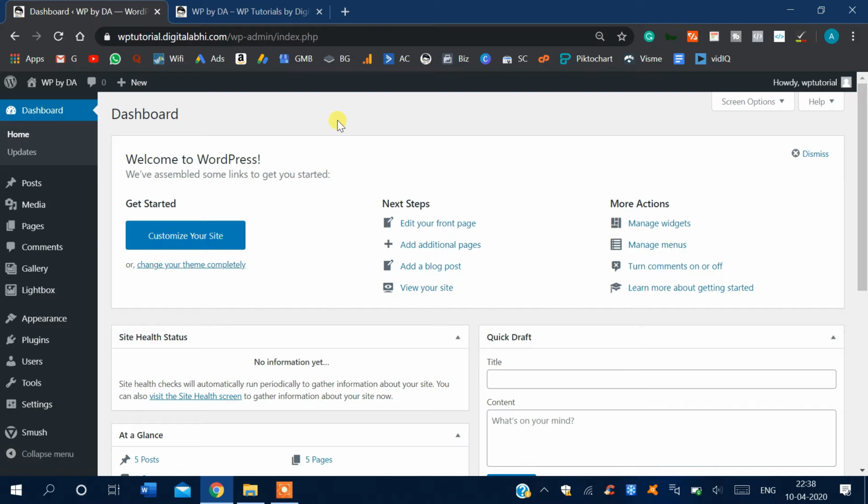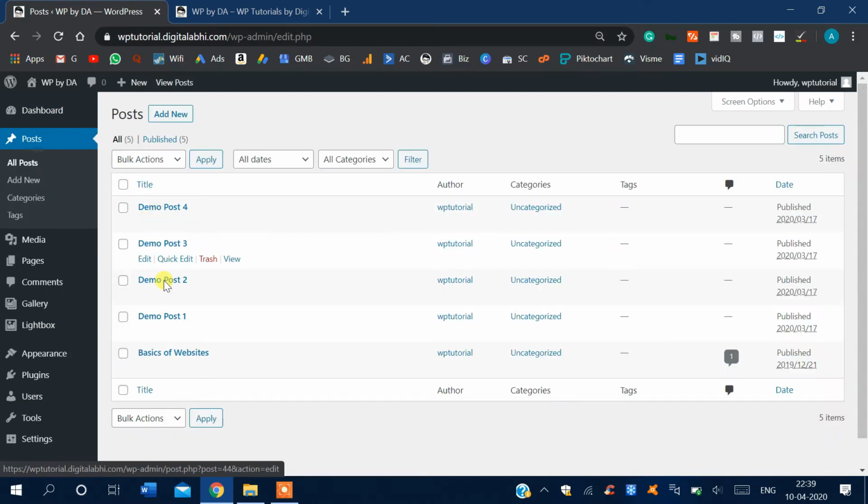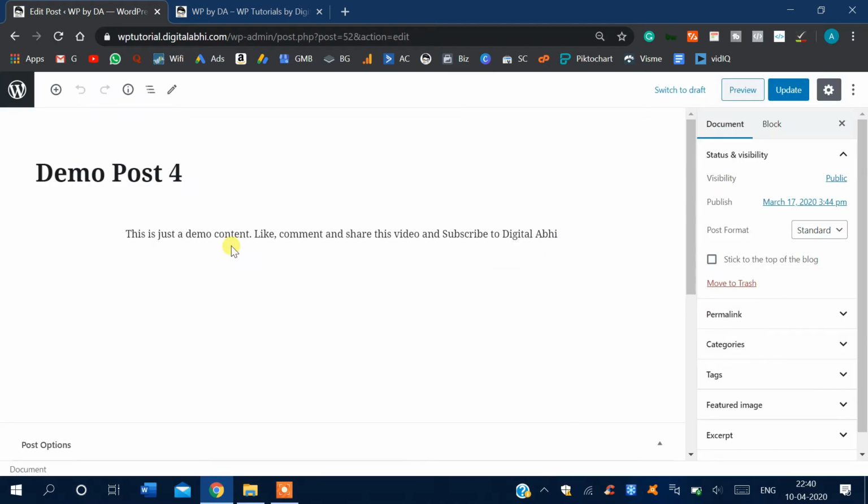So let's first see how you can add the social media icons in your posts or pages. I will give the example of post. You can do it similarly for pages also. So move on to post and click on all post. I will just randomly select any of the posts just to show you how this is done. So in the latest version of WordPress, you get an inbuilt option to add social media icons to your post or pages. To do this, what you have to do is just open any post or any page and